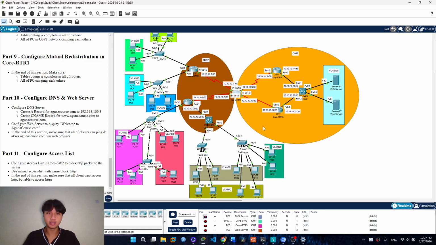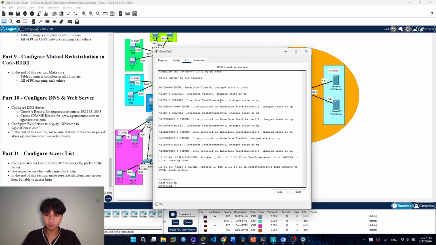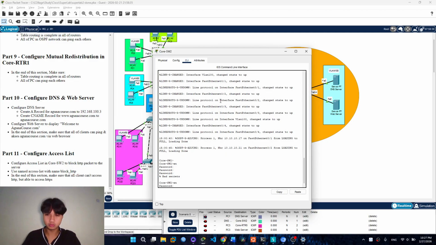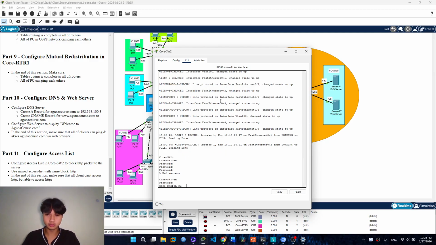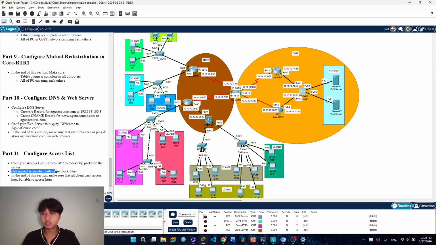Before we go into the testing, we must see the configuration of the access list. The configuration is so simple. We use a named access list, with the name block_HTTP.